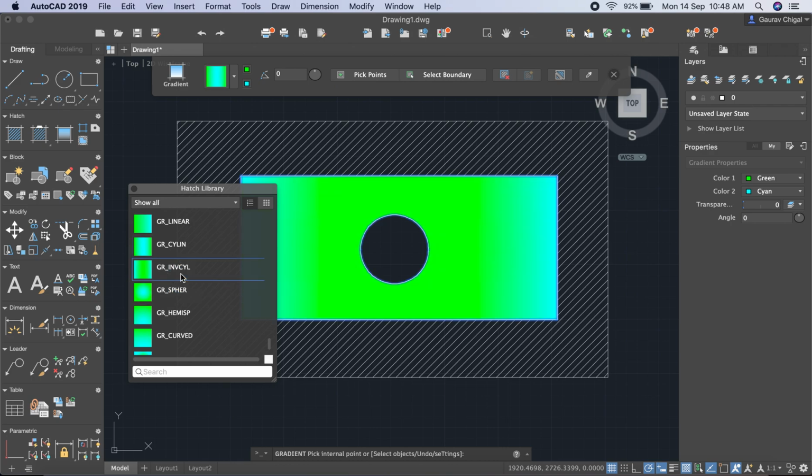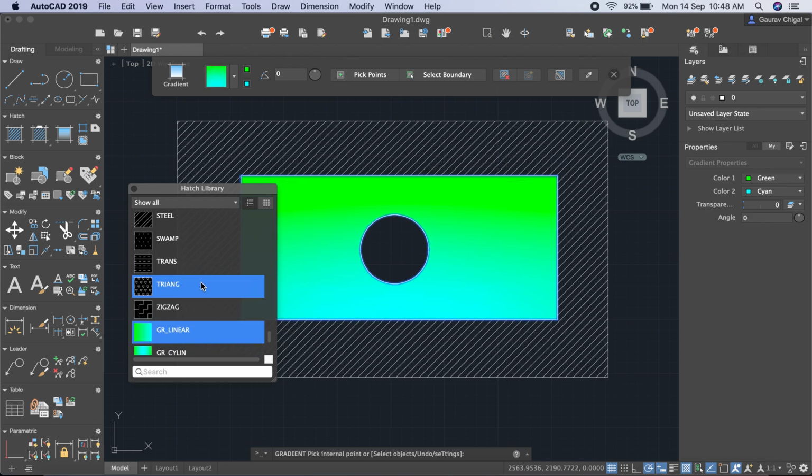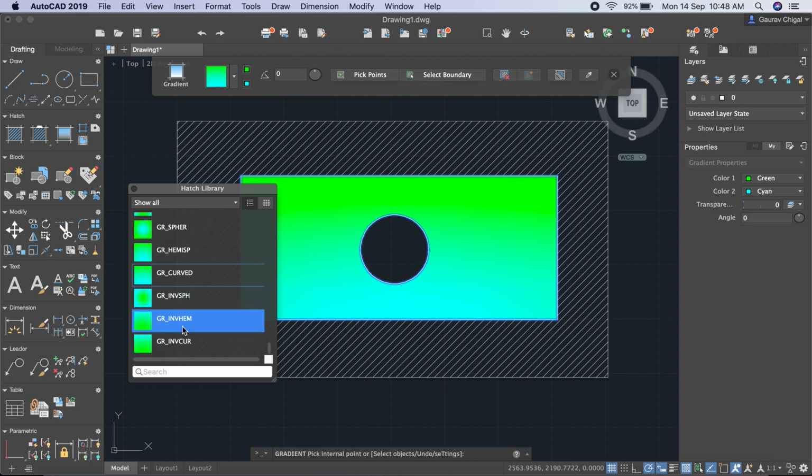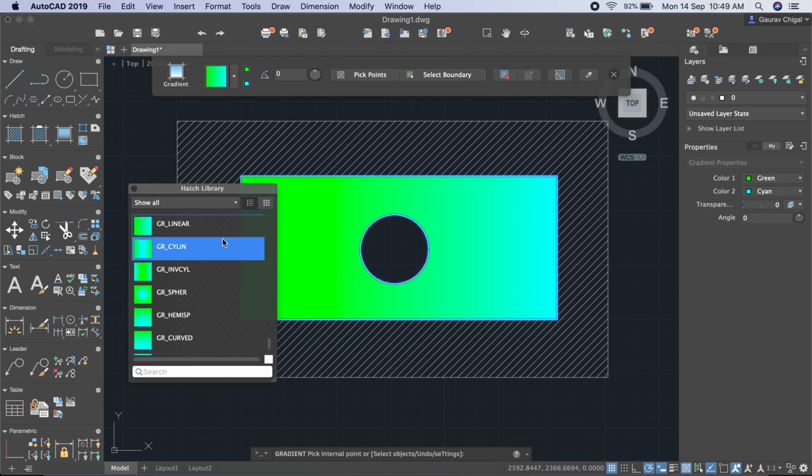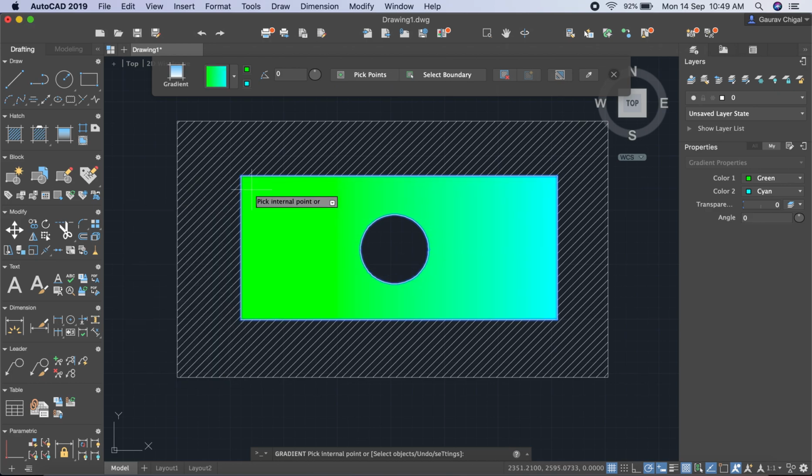And this is your inner cylinder, and then we have a spherical, hemisphere, curved. So there are a number of options as per your requirements. This one is your inverse sphere, inverse hemisphere, inverse curved. So you can choose any of these. Let us say I select the linear one and then click OK, and then here we can click cross.